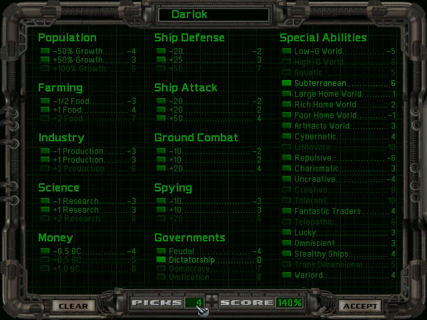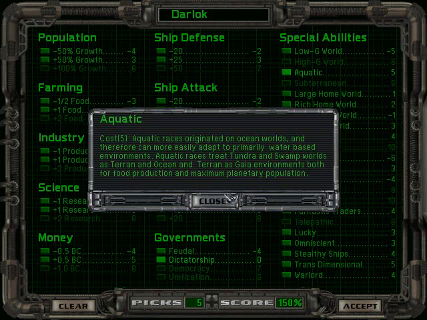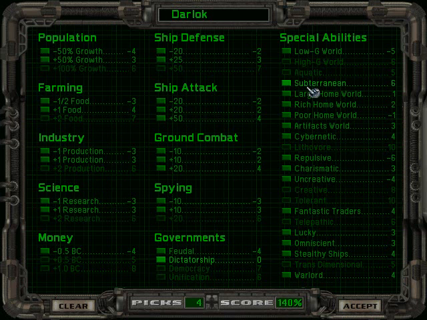Now you notice we only have 4 picks left, and some of these things have gone dark. But I can still pick into the negatives, I just can't click accept. You'll also notice a score multiplier. Like if I unselect that, it'll be 200%, and if I pick some negative picks, like say that, it would be ginormous. So yeah, we're going to be aquatic. Now, to balance that out, we're going to take some minus penalties. Well, no. It's Subterranean. I spoiled myself. Whoops. Now, you do notice that